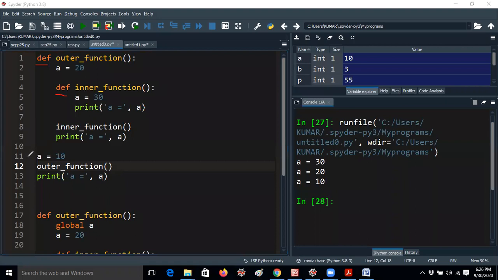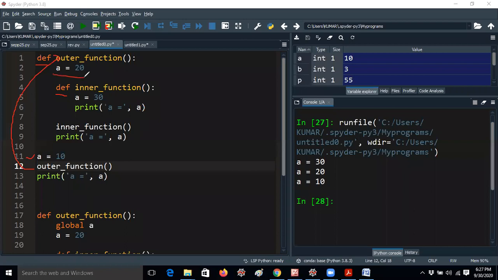Now a value is 10, guys. First outer underscore function means it will call that function, outer underscore function. So after that a equal to 20. That means now a value will not be 10, because in this function it has a new value. So the scope and lifetime, we have these concepts in C language and Java also. Whenever you assign a new value to the particular variable in that body, the value is allotted only 20.